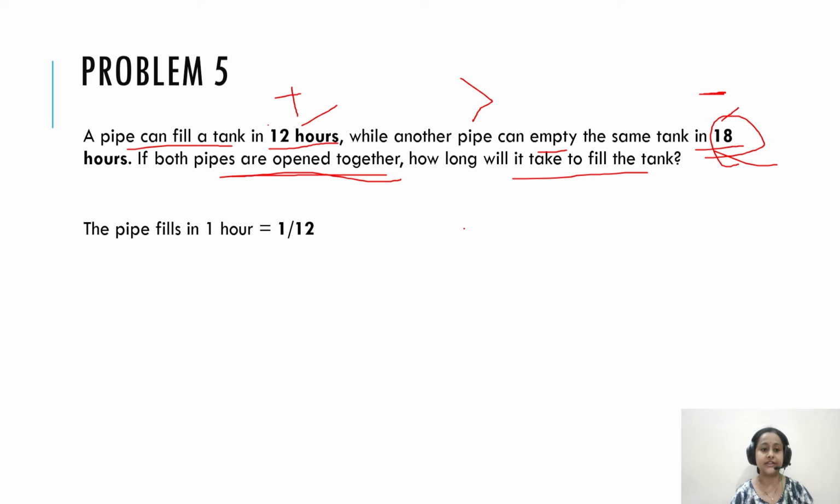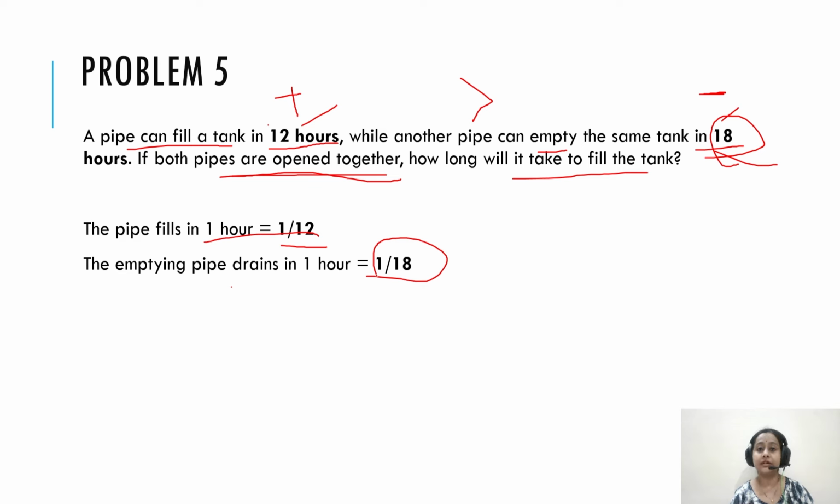But in how many hours? Let's see. The pipe that fills in 1 hour is 1 by 12. So here also we have to find their efficiency rate in 1 hour. The pipe fills in 1 hour 1 by 12 portion of the whole tank, right? The emptying pipe drains in 1 hour 1 by 18 of the total amount of water that is to be filled in the tank, right? So if we subtract 1 by 18 from 1 by 12, we will get in 1 hour how much